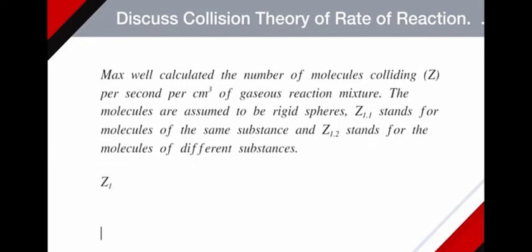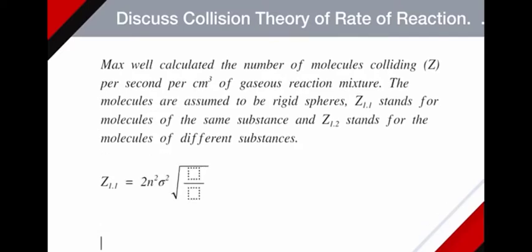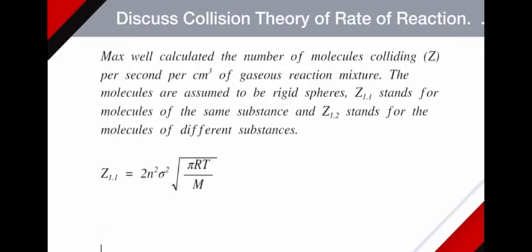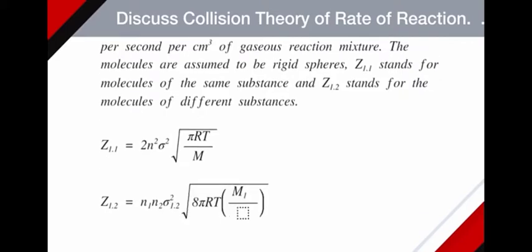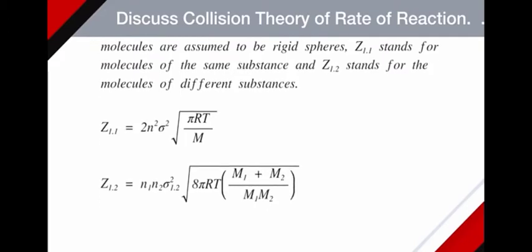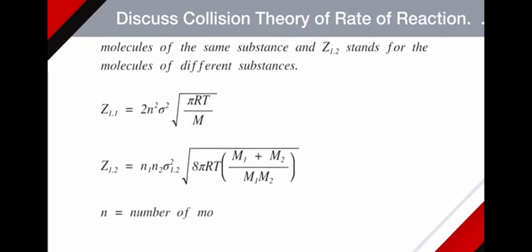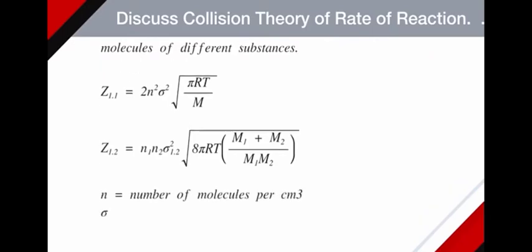So Z1,1 is given by 2 n square sigma square root of pi RT by m, and the number of collisions between different molecules, Z1,2, is given by n1 into n2 into sigma 1,2 the whole square, root of 8 pi RT (m1 plus m2) divided by m1 into m2,